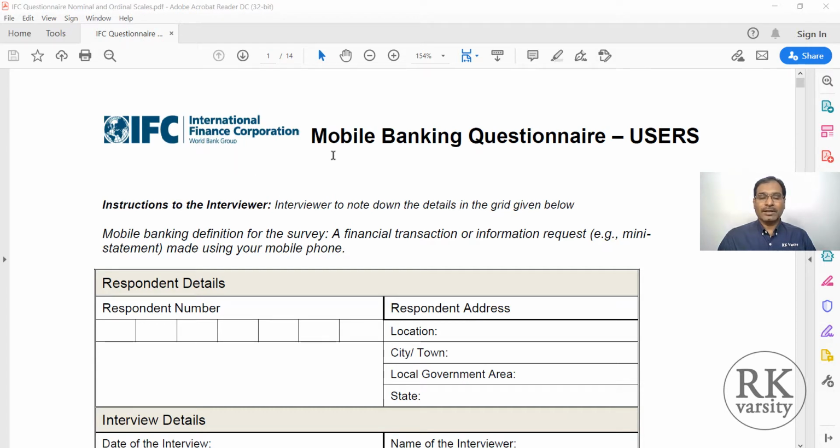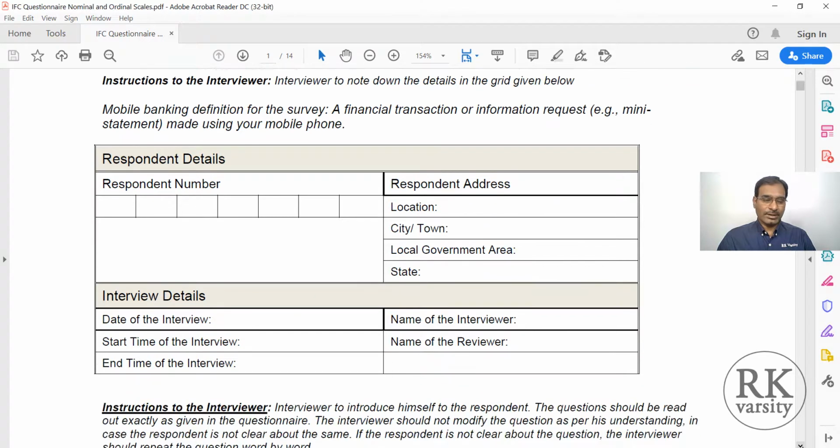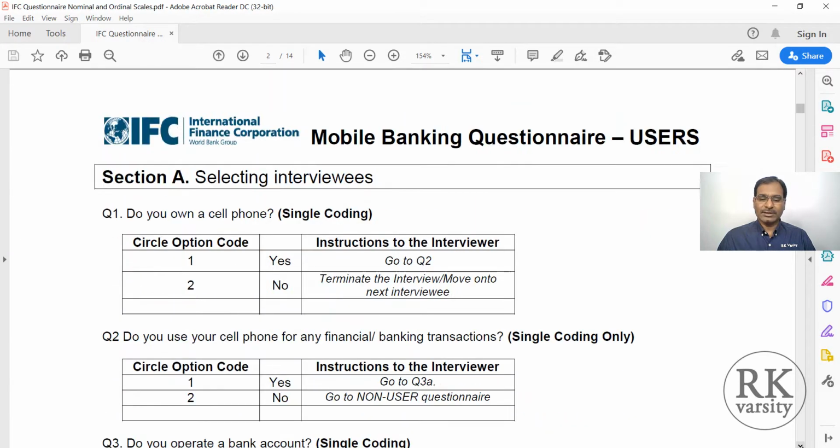They conducted a survey on mobile banking. It contains 14 pages, so I'm not going to use all the questions here. We use just very few questions, different types of questions: dichotomous and 3-, 4-category variables, as well as an interval scale and ordinal scale, one for each.